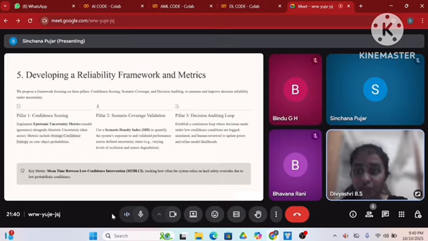The purpose of the framework is to improve decision reliability and to measure the improvement in decision reliability. Now coming to pillar 1, confidence scoring. This implements epistemic uncertainty, the model's ignorance, along with aleatoric uncertainty, that is data noise, and the metrics include average confidence and entropy on the core object probabilities. Now coming to pillar 2, scenario coverage validation, which uses a scenario density index to quantify the system's exposure and validated performance across different uncertainty states,